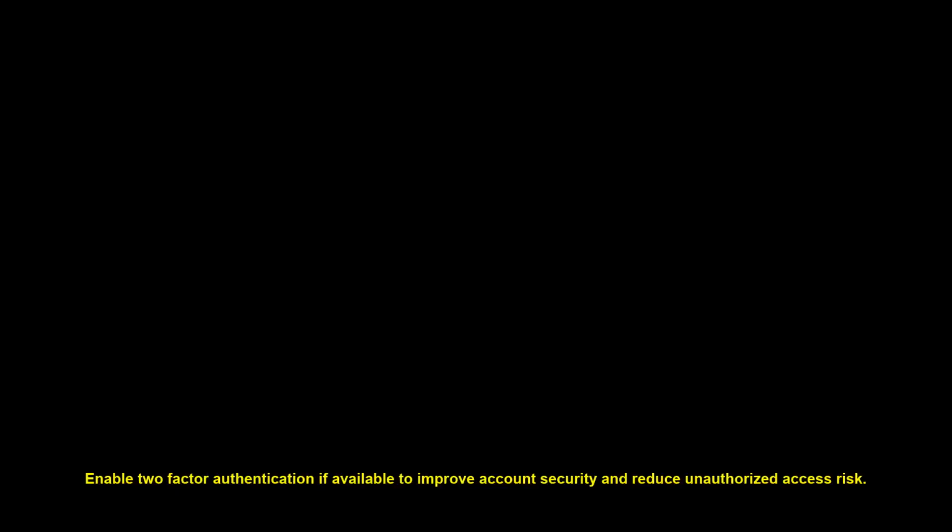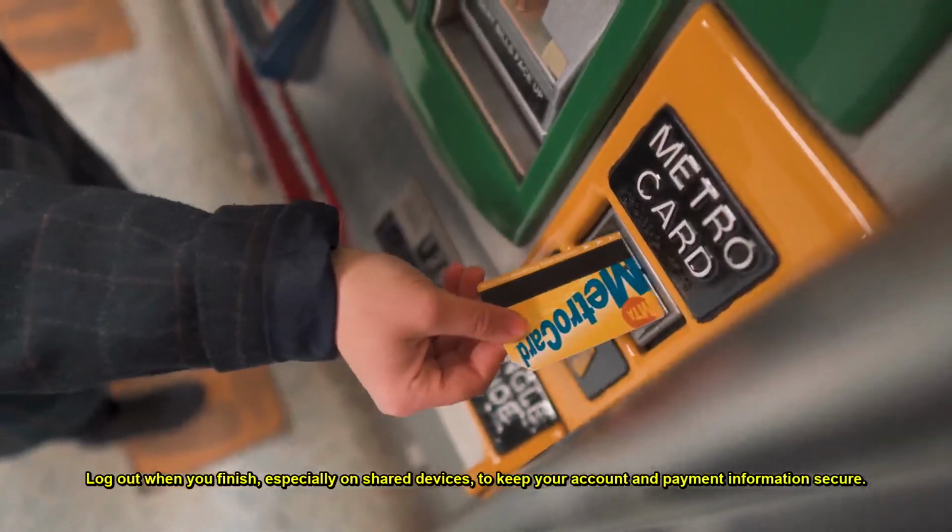Enable two-factor authentication if available to improve account security and reduce unauthorized access risk. After signing in, review your profile details so your contact information and settings are accurate and current. If you see an error message, note it down and try again after restarting your device and internet connection. Log out when you finish, especially on shared